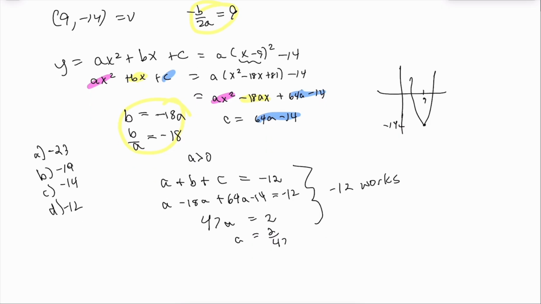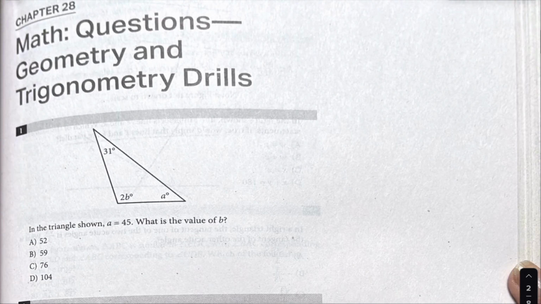So there's a little bit about that one. And now if you go into chapter 28 in your book, I'm going to go through some of the geometry problems for you. It says in the triangle shown, A is 45 degrees, what is the value of B? Well, we know that A, which they told us is 45,